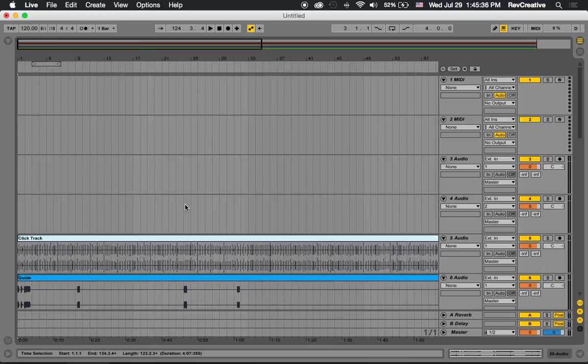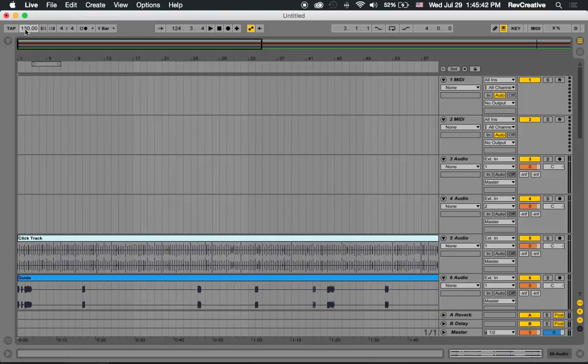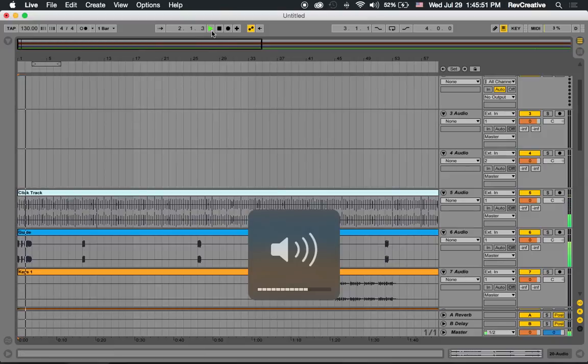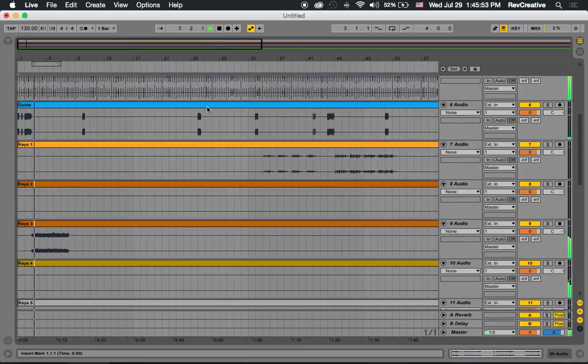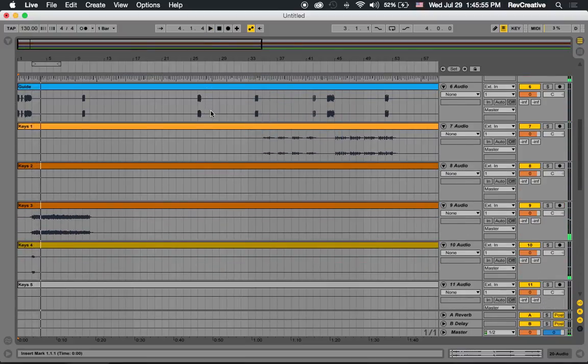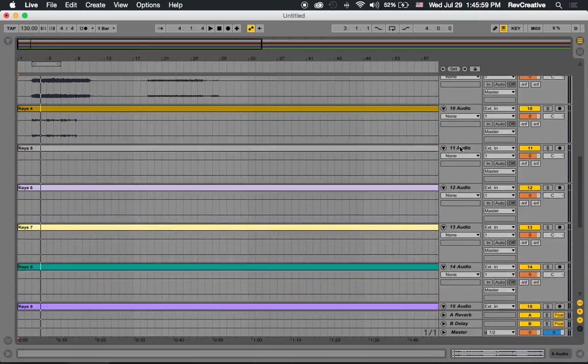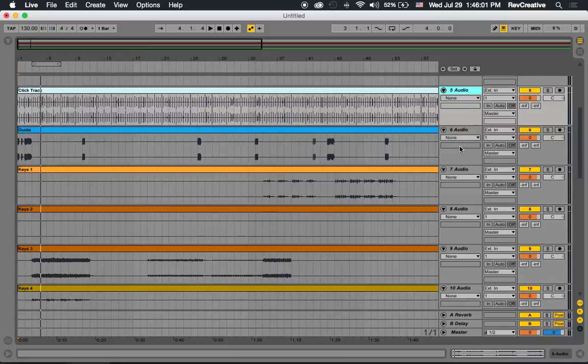I already know that the song is 130 BPM, so I'm going to change that up here. So now everything should be working perfectly. And there we go. I do like to rename everything over here just because later on it does make it